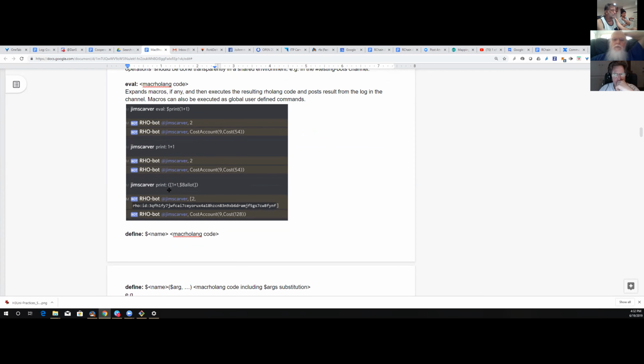Okay, and here I just print a list. I don't know why. $ballot is the URI for the ballot contract. Now, since I ran this, I have a different version of the ballot contract. So the URI, if I do